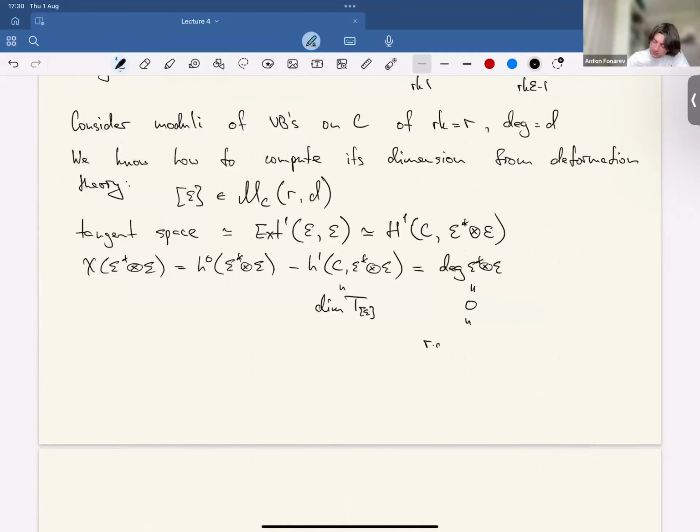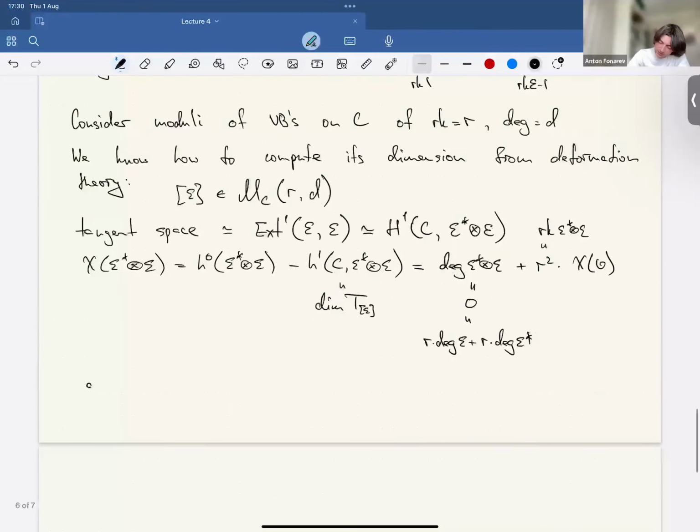It's R times the degree of E plus R times the degree of E dual, and of course the two cancel. Plus R squared, this is the rank of E dual tensor E, times chi of O. So what do we get in the result? The dimension at E of our tangent space is